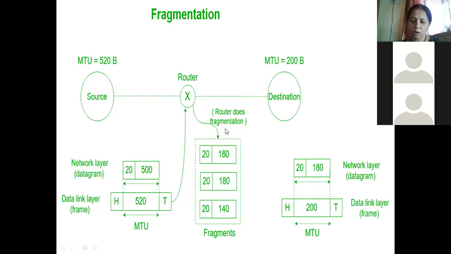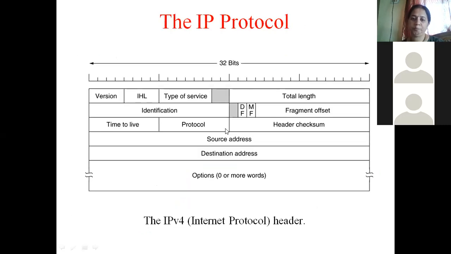Okay. Now all of you have a look at the header. We were learning about this header yesterday. I have told you the header is made up of 2 parts. If you all can see this diagram, the first 5 lines that we have are the fixed part, and the remaining 1 part that is shown is the optional part. Now this fixed part is 20 bytes long. You all can see every word is 32 bits. 32 bits means 4 bytes. 4 bytes, 5 rows. So 4 into 5, total header will be 20 bytes.